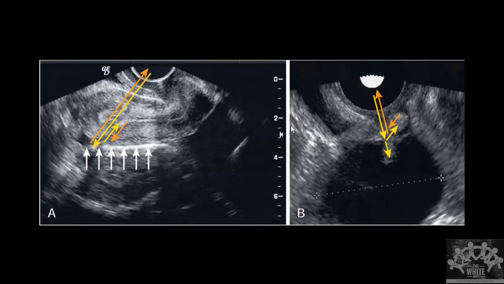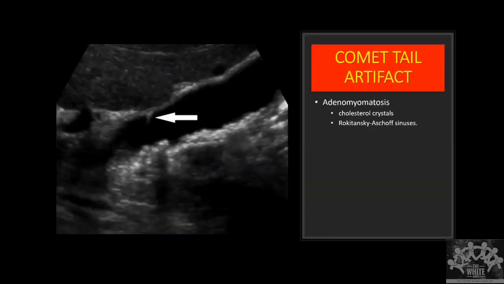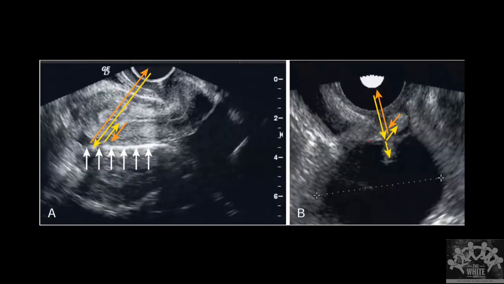Now in this image, what do you think this structure in the pelvis is? What do you think this normal structure in the pelvis is? What do you think this structure is? If you're not knowing what this structure is, yes, yeah.